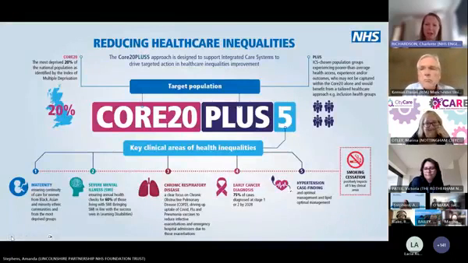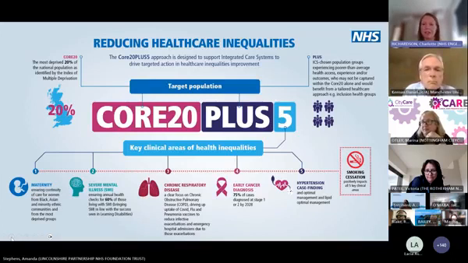But to summarise, this is the approach through which NHS England is tackling healthcare inequalities across this super matrix approach. So identifying a target population that are facing the greatest inequalities, so the 20% most deprived and plus populations, including ethnic minorities, homeless populations and other inclusion health groups, learning disability and autism, and that's all locally identified by ICSs based on their most at need population. And those clinical areas are really evidence-based, based on where the most impact can be had. And all of this approach is being delivered using QI methodology, with teams championing this approach at all levels.